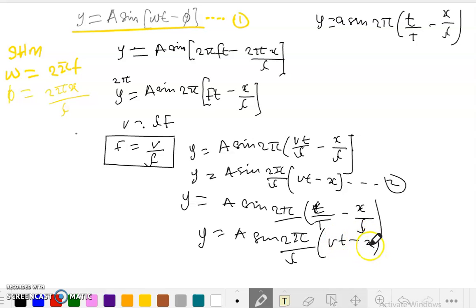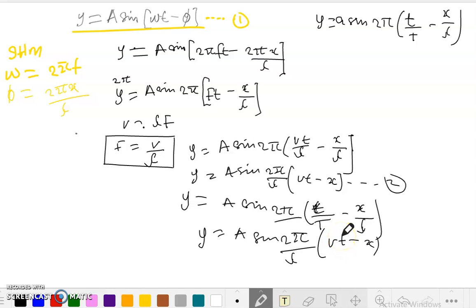x is nothing but the horizontal direction. Of course, this T is nothing but the period of the wave, and it can be seen as v, which is the speed of the wave. That's why it is t over T, which can be vt minus x divided by lambda. And by doing this, you have shown that indeed